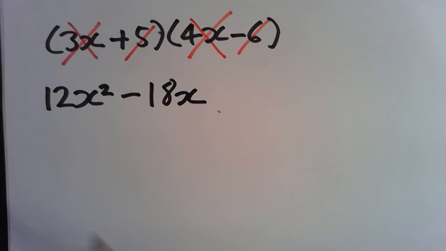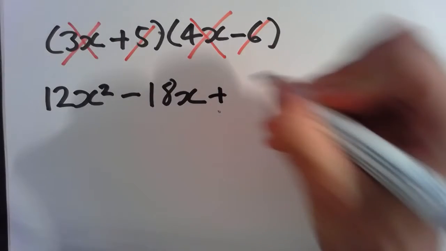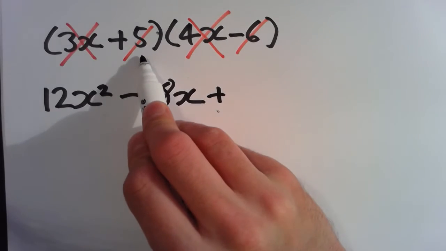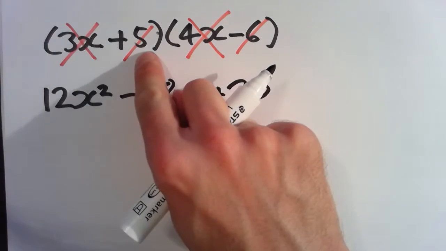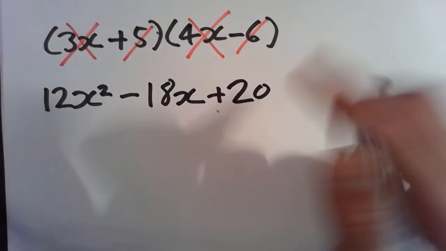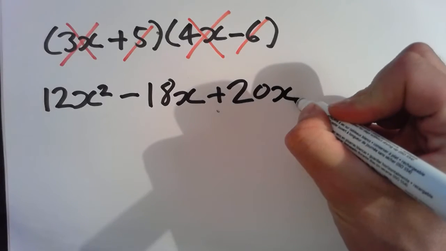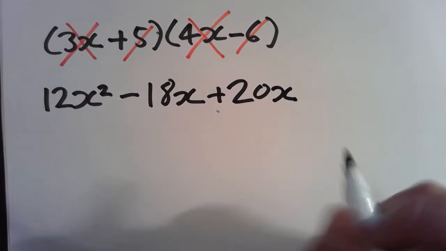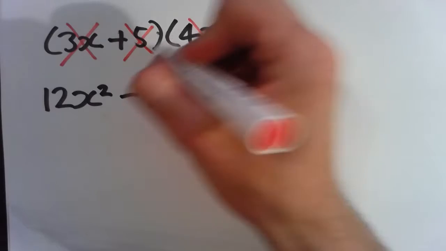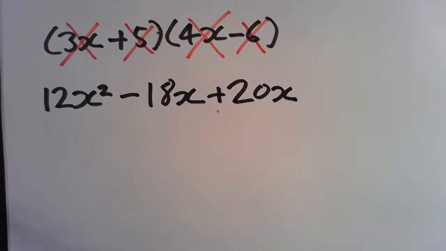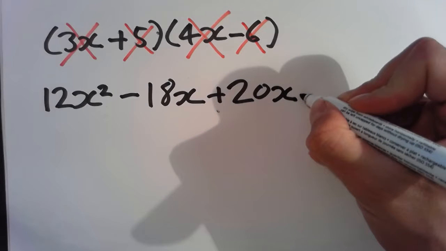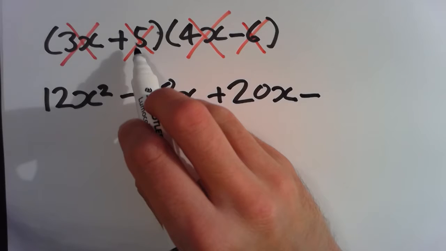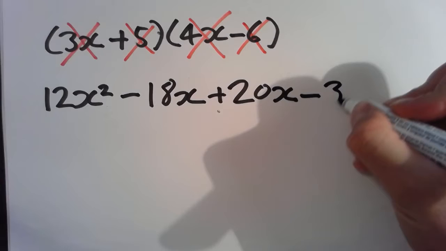Now what I'm going to do is my 5 and my 4. Now both of these are positive, so it's going to be positive. 5 multiplied by 4 is 20. There's no x term here, but there is an x here, so it's 20x. Now finally what I'm going to do is that plus 5 and negative 6. So we have a positive number and a negative number, so we're going to have negative 5 multiplied by 6